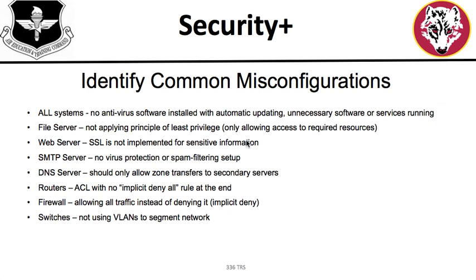DNS servers that permit zone transfers to other than secondary servers, routers with no implicit deny at the end of the access control list, firewalls permitting traffic, for example, no implicit deny, switches not using VLANs in order to segment